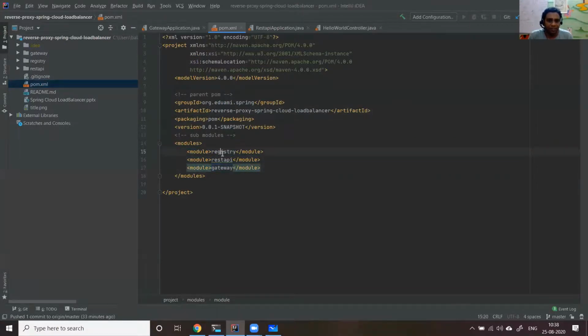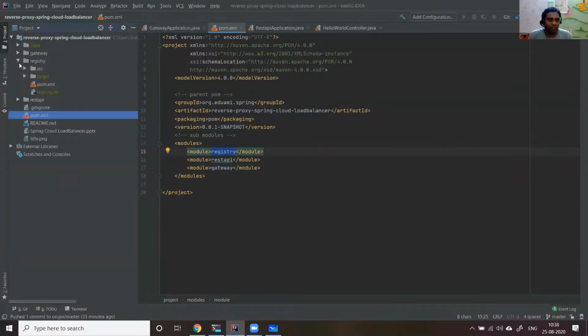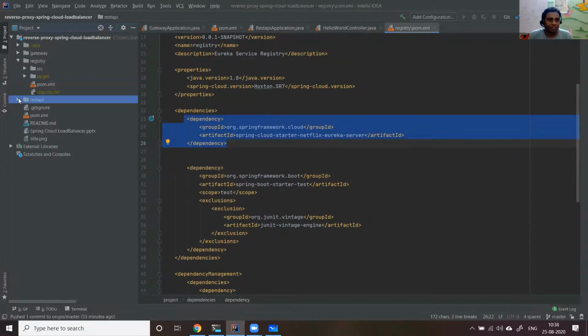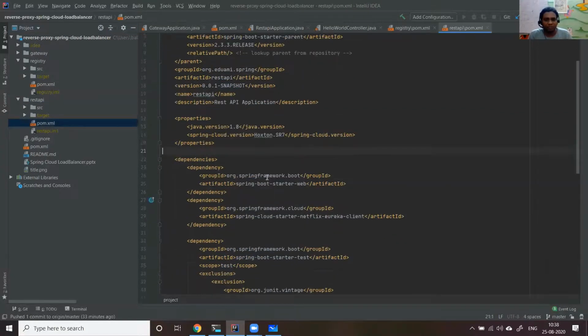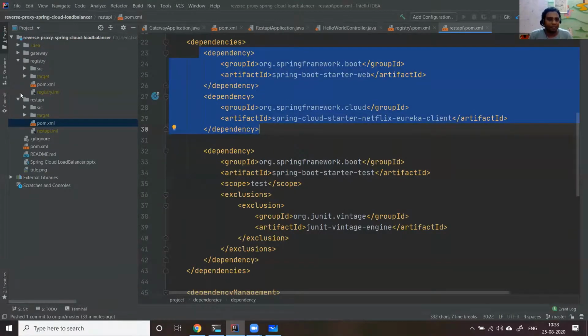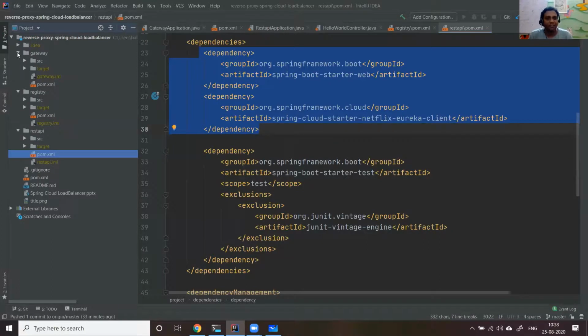These three components are based on Spring Boot, but with additional dependencies. Registry needs Eureka server. If I go through the registry, the only dependency I have is Eureka server. The REST API needs a Eureka client and Spring Boot web. Then guess what you need in the gateway?